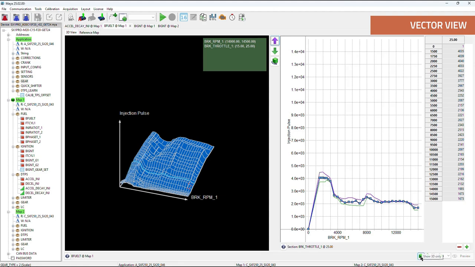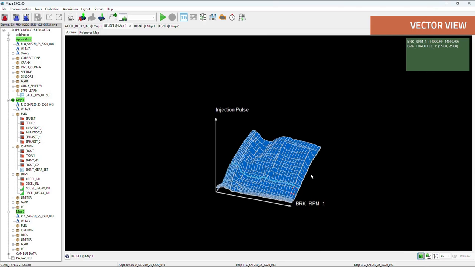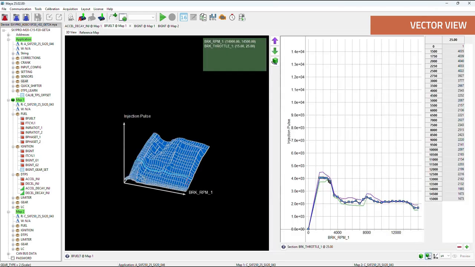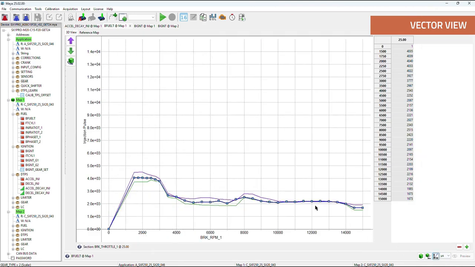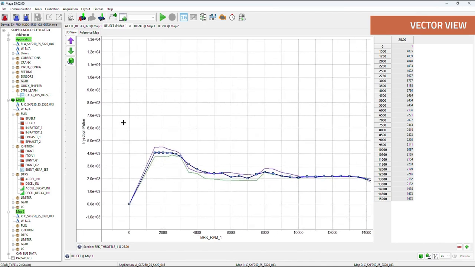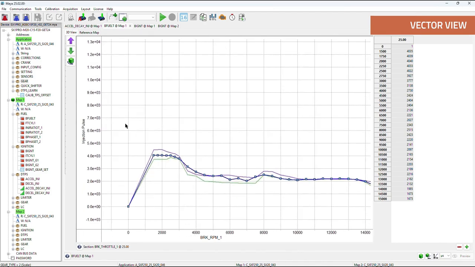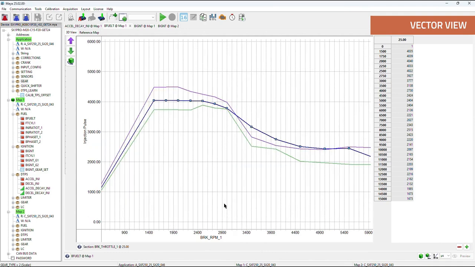The display can be just a 3D view, a hybrid view of both, or only the vector. Within the vector, if you want, you can manually adjust it by dragging individual points as you see fit. You can move the area by pressing the right mouse button. You can zoom in using the left mouse button. You can return to the starting point with the fit function.